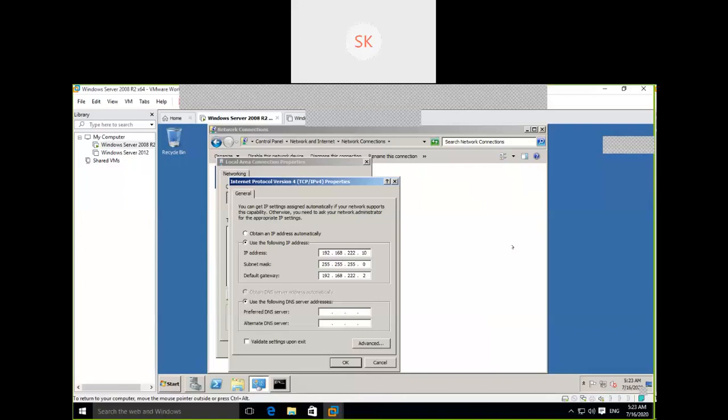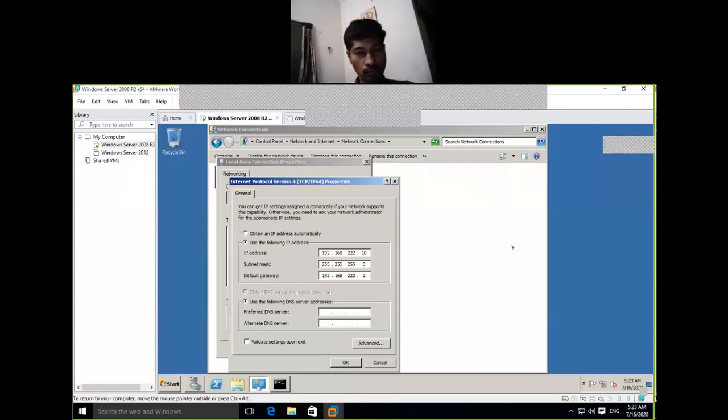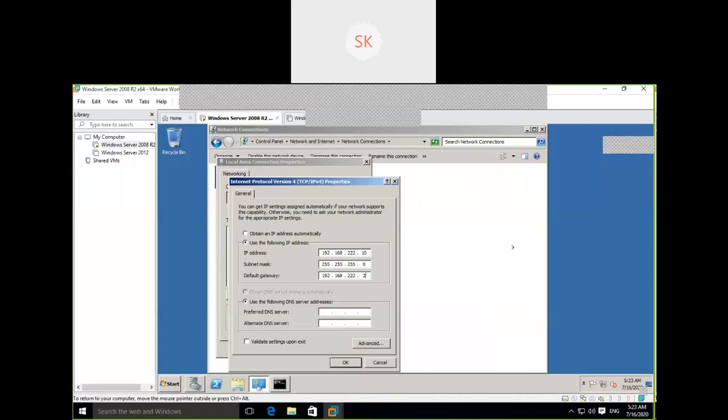This comes under network concepts, network engineering, network administrator. Whoever is working on server administration should know the basic concepts of network administration: what classes are available, what the IP address system is. By seeing the IP address, we need to understand what a subnet mask is and what a gateway is. We should understand all these basic concepts. Okay, click OK.